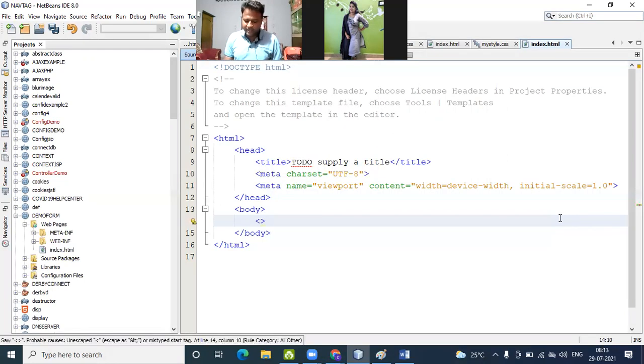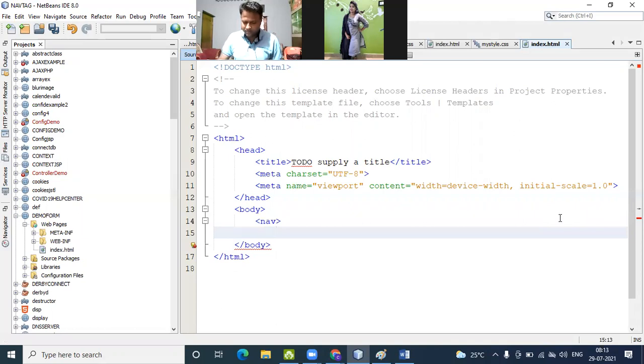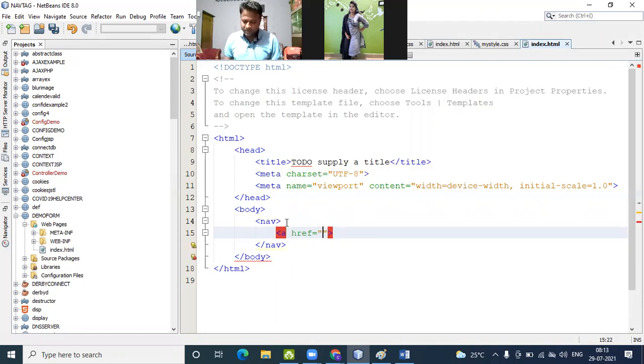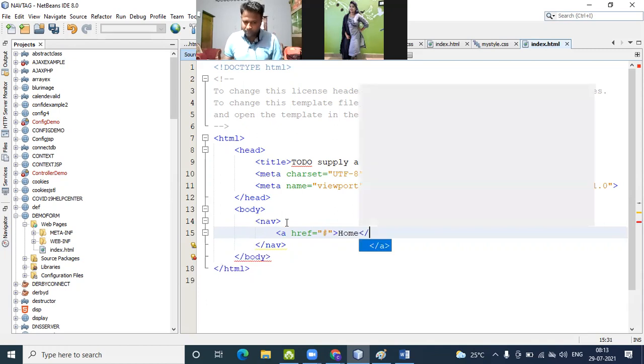Now I start with the navigation tag. I type nav, end of nav tag. Then I type a href. I'm not creating any page, so I put a hash here. Hash means later I put the page name. Now I put here home, end of a tag.